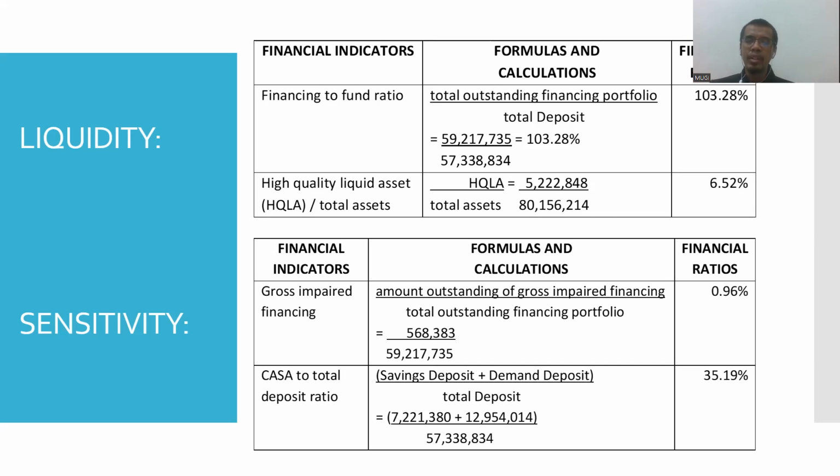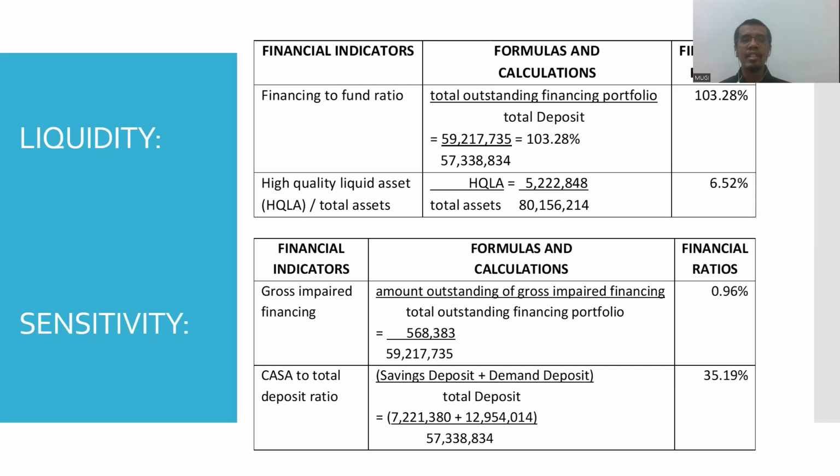From the financial statement, we get that the outstanding gross impaired financing is around 568,383, and the total outstanding financing portfolio is 59.2 million. So the financial ratio is less than 1%, around 0.96%. And I believe this is a very good performance by Bank Islam Malaysia,